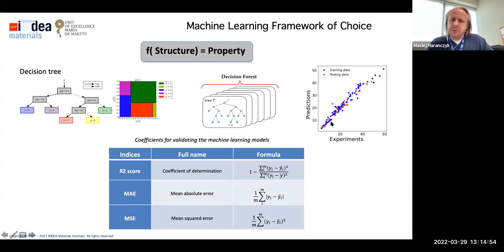And typically, once we build a model, we assess the performance visually. So we can plot, for example, real experimental data or simulated data versus predicted. If our predictions are on the diagonal, then our model works very well. The more spread we have, the less accurately the model is working. We can also use a number of metrics to estimate the quality of the model. The coefficient of determination, R squared, for example, is commonly used, and we can look at mean absolute errors.